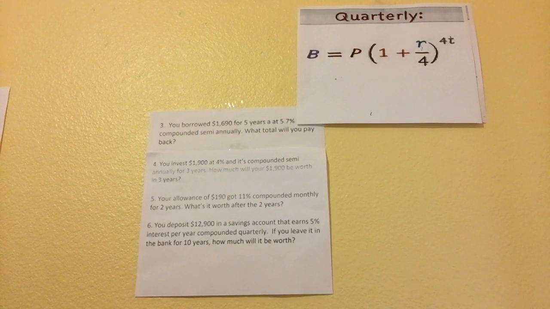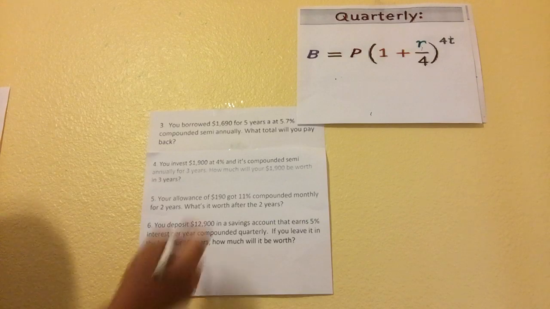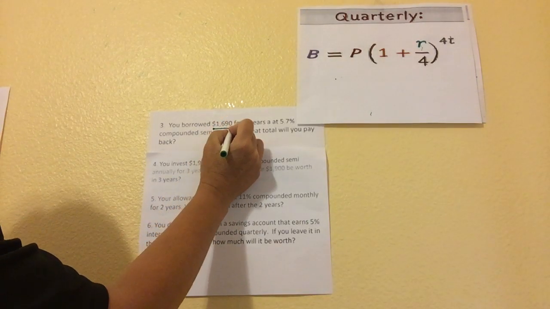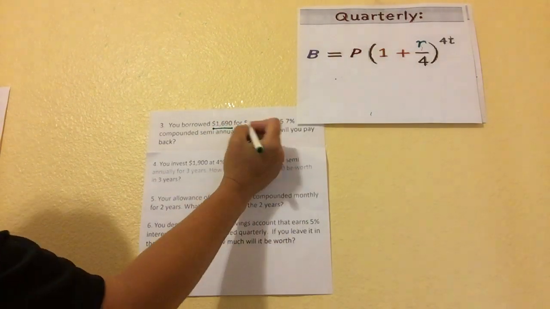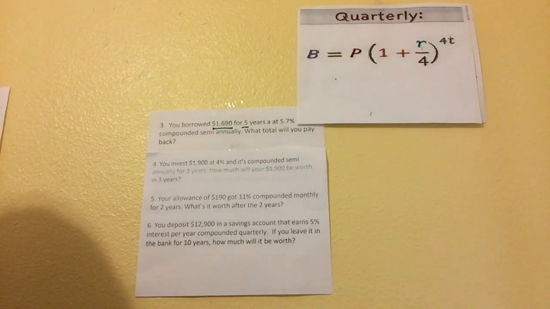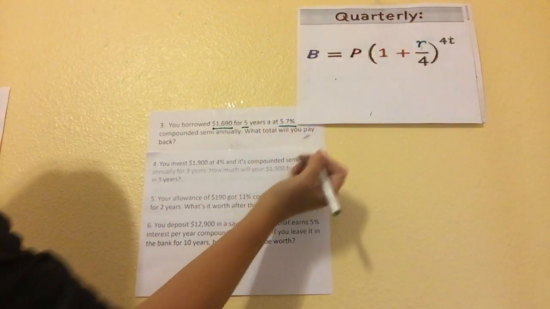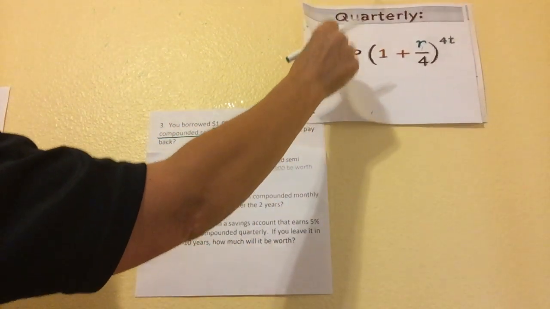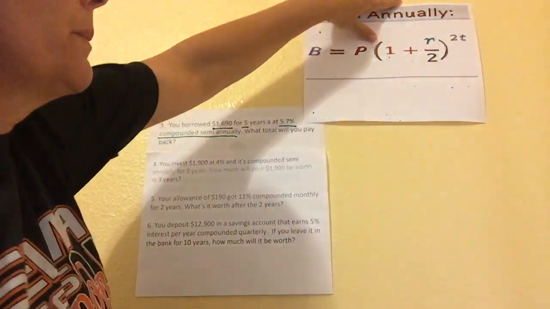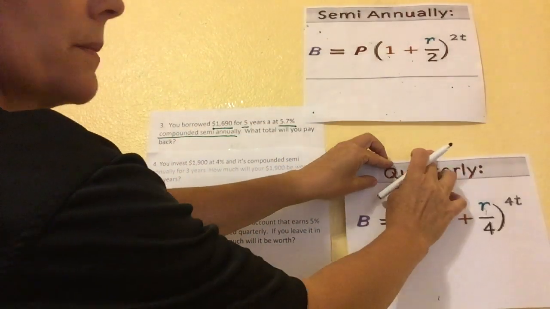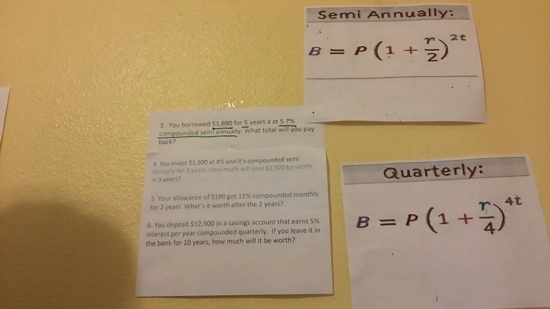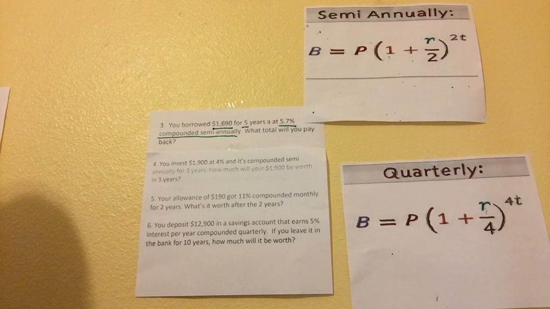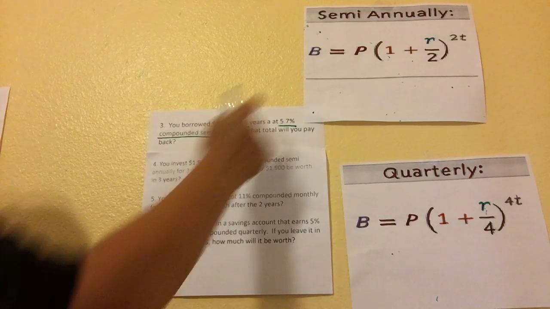All right, number 3. You borrowed $1,690 for 5 years at 5.7%, and it's compounded semi-annually. So we're going to go back to semi-annually. So let's figure this out. What total will you pay back? Okay, so we're going to put, using this formula,